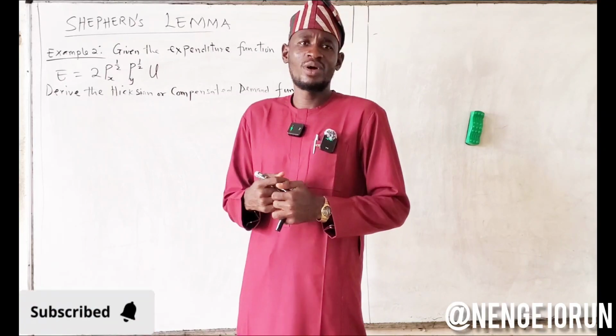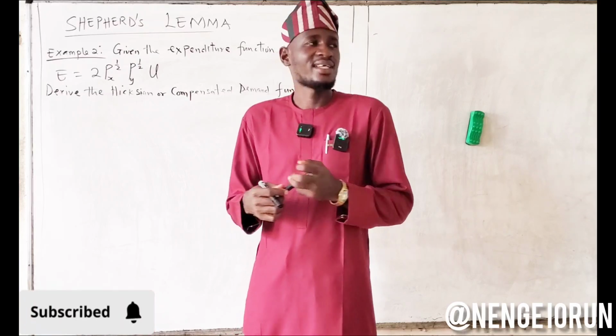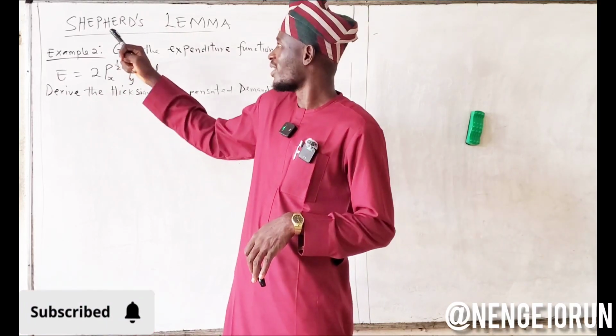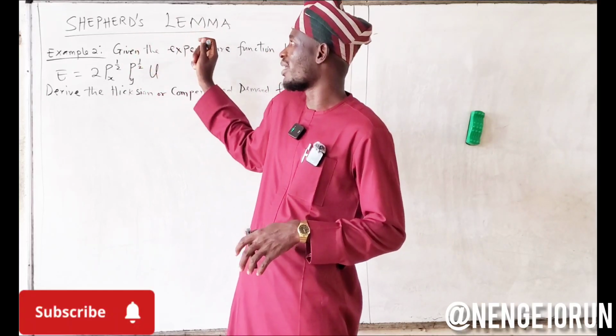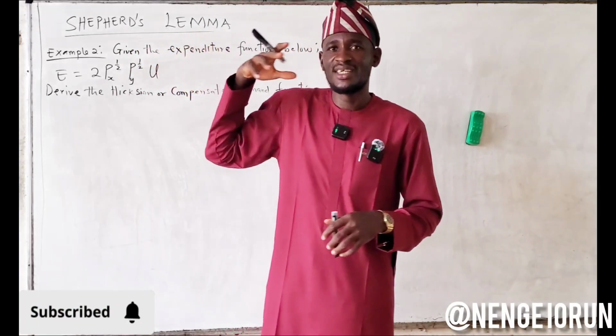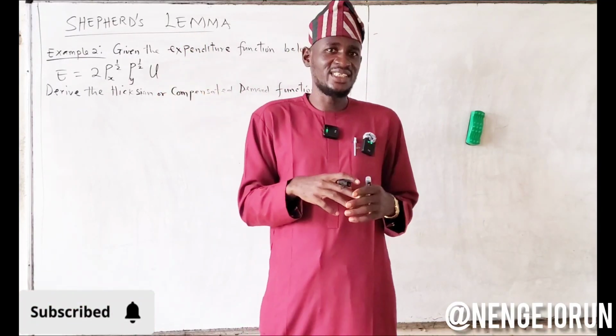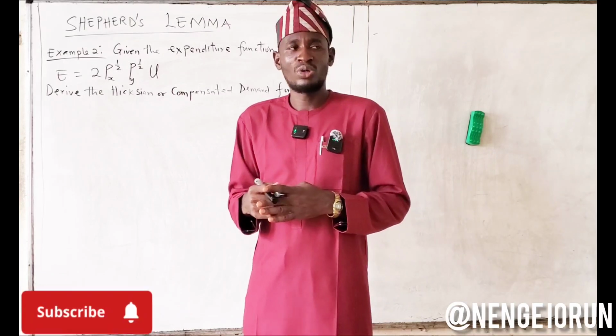Now in today's video we're going to consider another important lemma, as important as the Roy's identity. The next one is the Shephard's lemma. Now the Shephard's lemma is a lemma that is used in deriving the Hicksian or the compensated